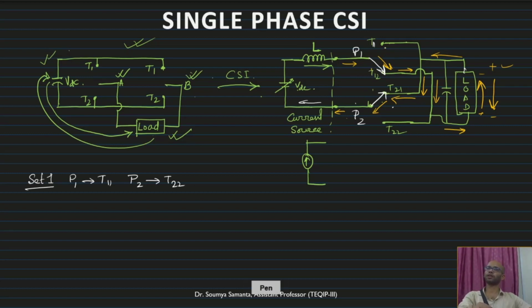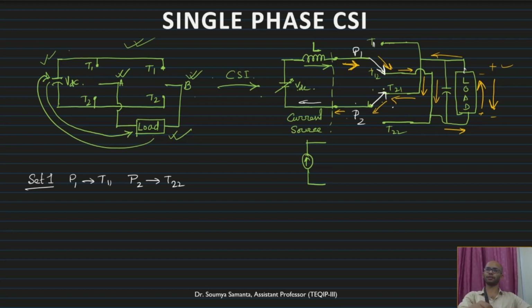Through the pole, this is the direction of the current, so through the switch also there is no change in the current direction. Current direction will always be from the pole to the throw, not opposite. Therefore, the current is unidirectional, but the switch has to have the capability to block the